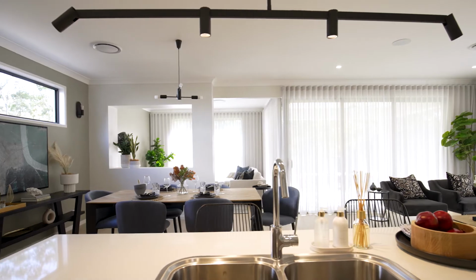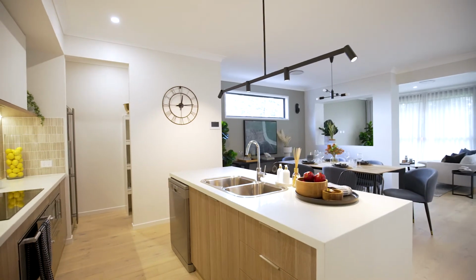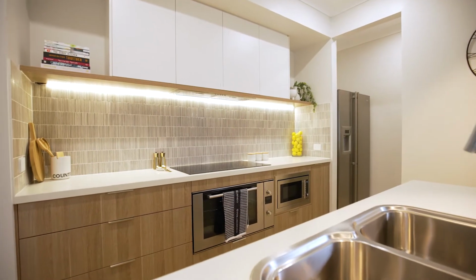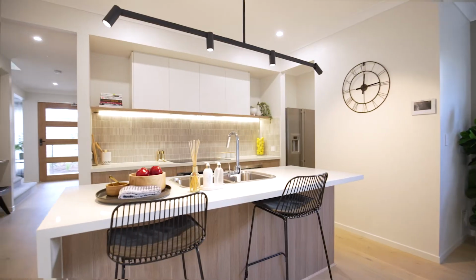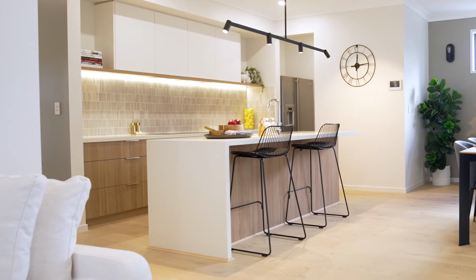Perfect for entertaining and busy weeknights, the functional kitchen with island bench is complemented by the technology and convenience of luxury Italian-made ILVE appliances. Connecting to the kitchen is a walk-in butler's pantry and fridge space to keep everyday items